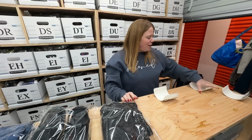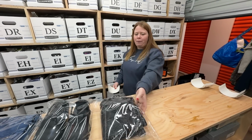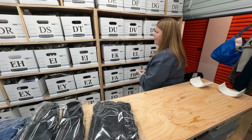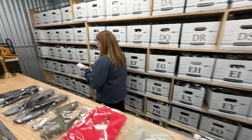Definitely not something I would source specifically to list on my own, but when I'm left with it, this is just under a pound, so I'd probably pay around $1.50 for that. I'm gonna at least get my money back. And you got a little bit more than you would have. I mean, it was more work, obviously, but...